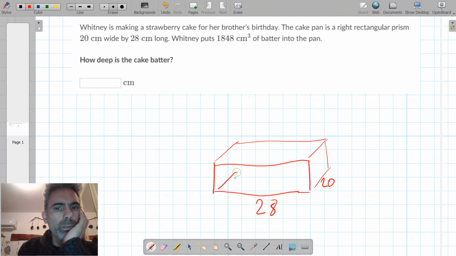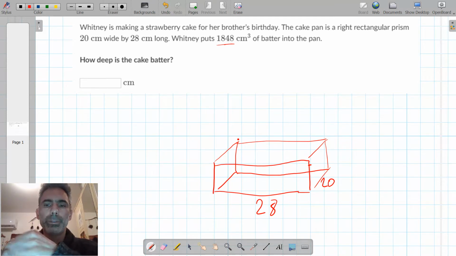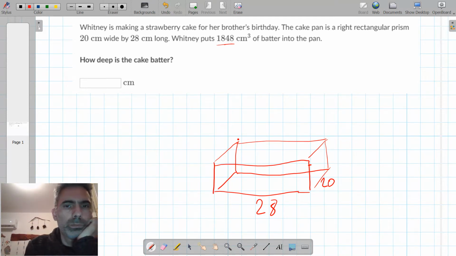The batter doesn't fill the pan entirely. You need to know the height of the batter. Okay, so we have the volume, which is